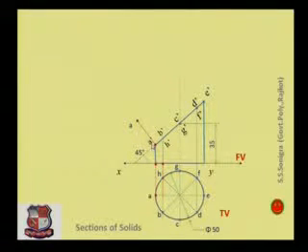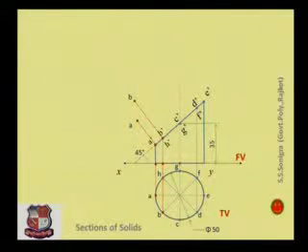From point A dash draw a line which makes an angle of 90 degrees with this cutting plane line, this 45 degree line. So this angle is 90 degrees. Draw a line, mark the distance from the xy line to A, this distance, like this, right? This is the distance from the xy line to A, mark it over here. Then the distance from the xy line to B, mark it over here.